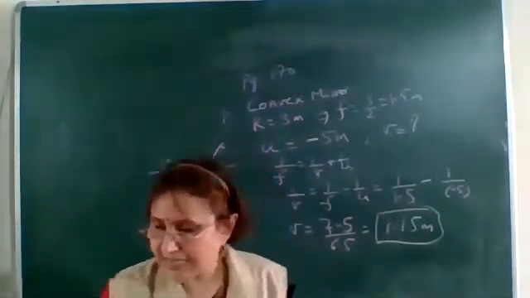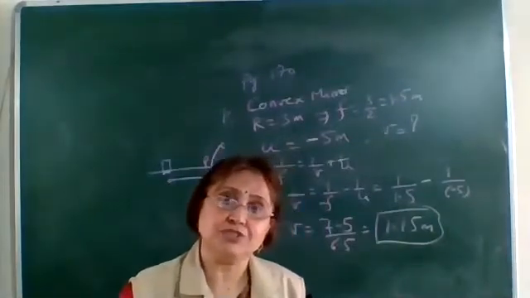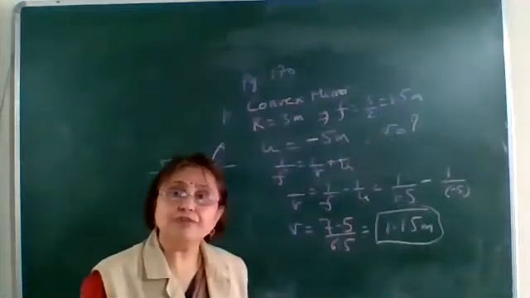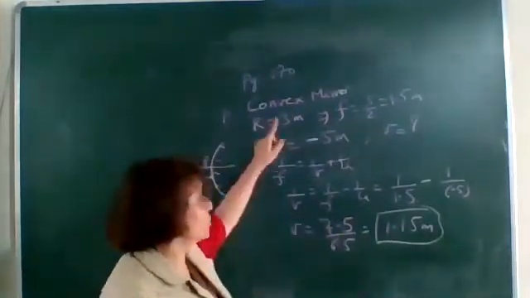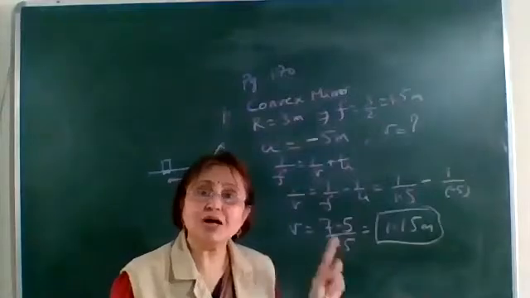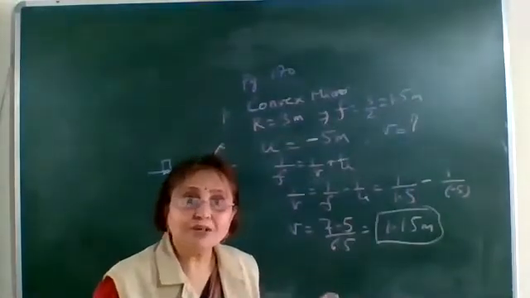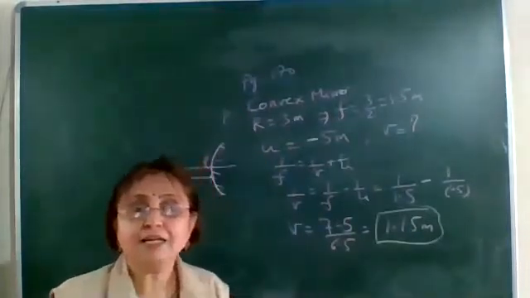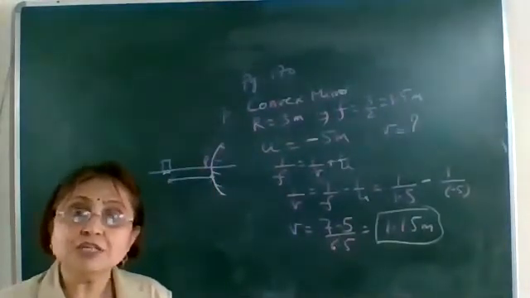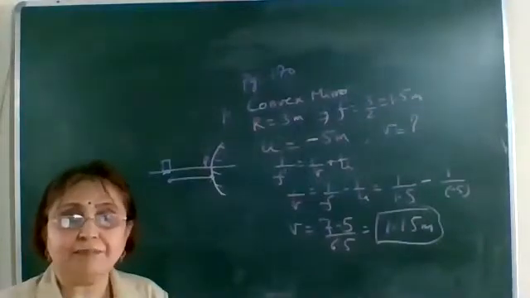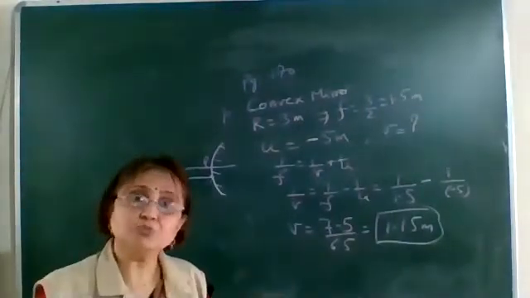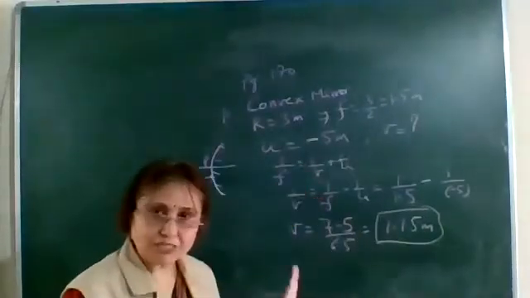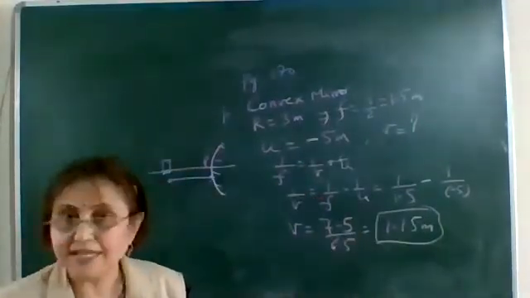Now it is also asked the nature of the image and the size of the image. For the nature of the image, it's a convex mirror. A convex mirror always forms a virtual and erect image. So the nature of the image is virtual and erect. And what will be the size? The size will be smaller than the object, because we know that a convex mirror always forms a diminished, smaller image. So the size of the image will be smaller than that of the object. So this is the image distance, the nature is virtual and erect, and the size is diminished, smaller than the object.